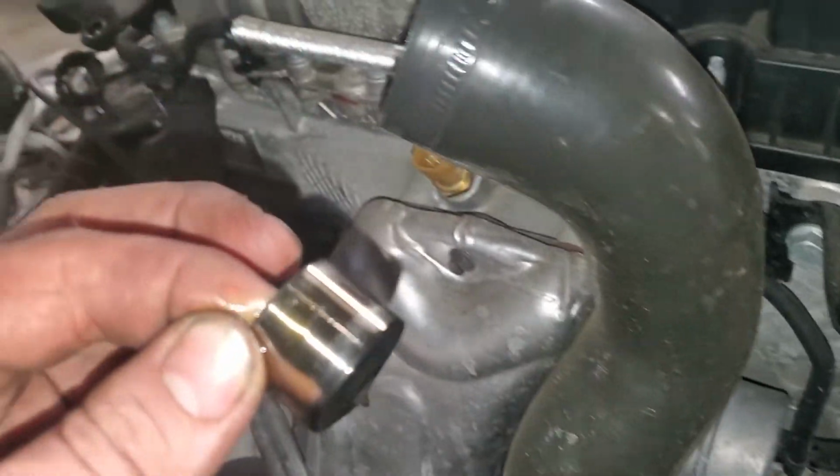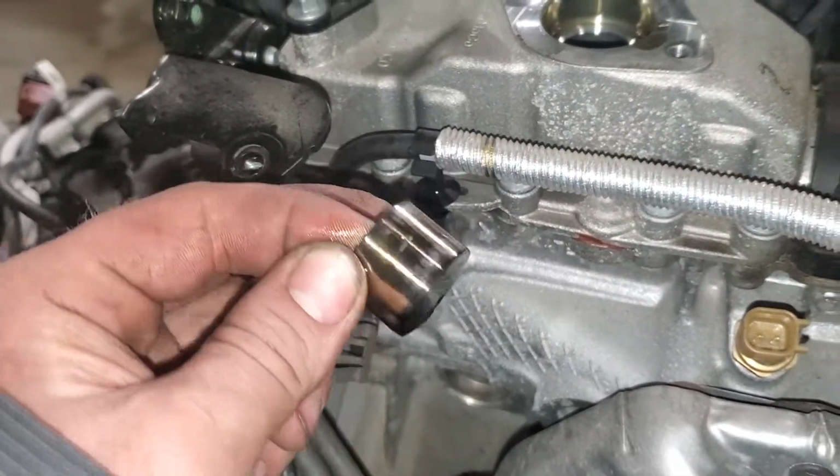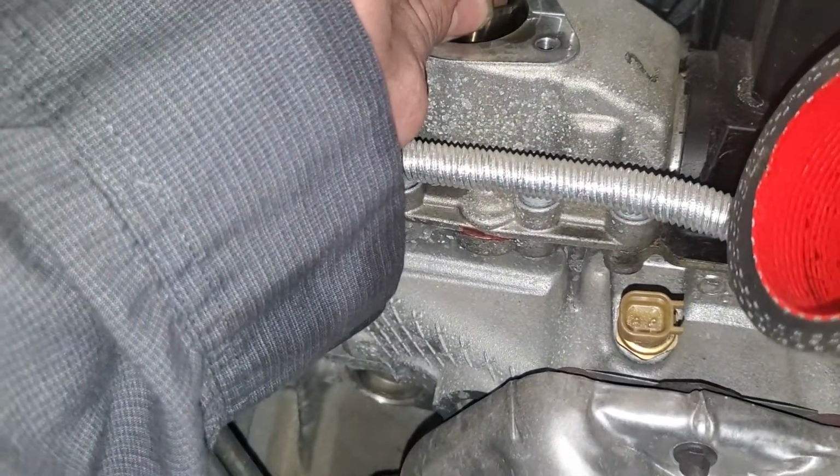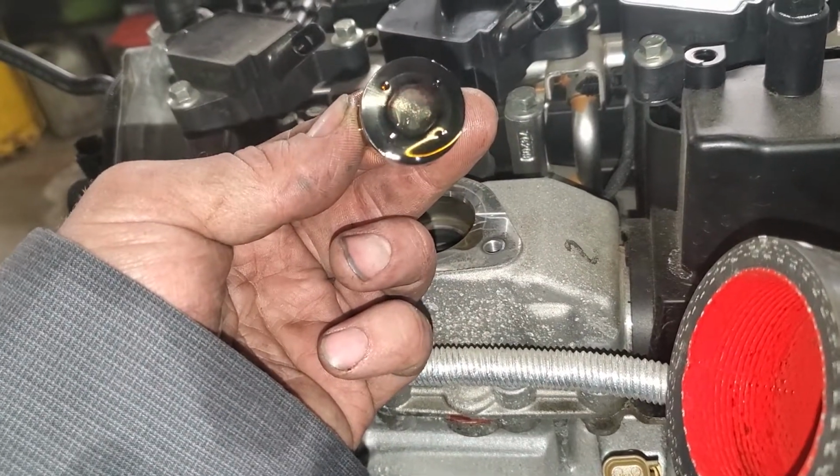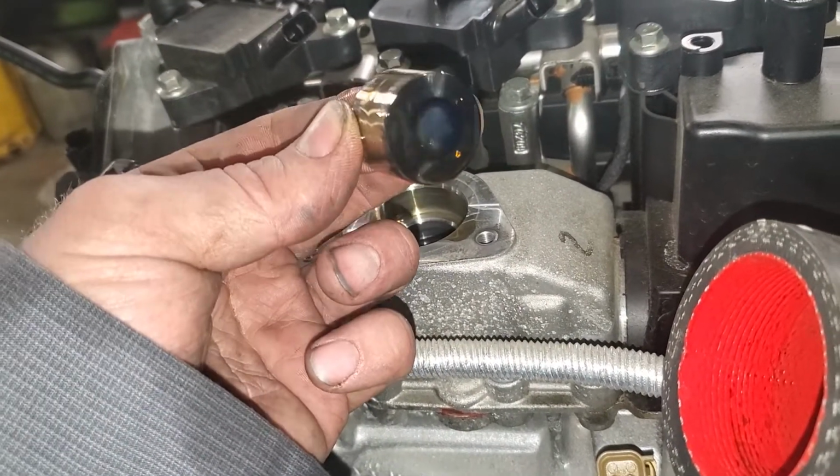One of the ways that you can tell if somebody does really good maintenance on their vehicle is when you pull the high pressure fuel pump. If you actually look at the bottom of this, you can see whether or not it's clean or it's all chewed up. A lot of times when you pull this out...